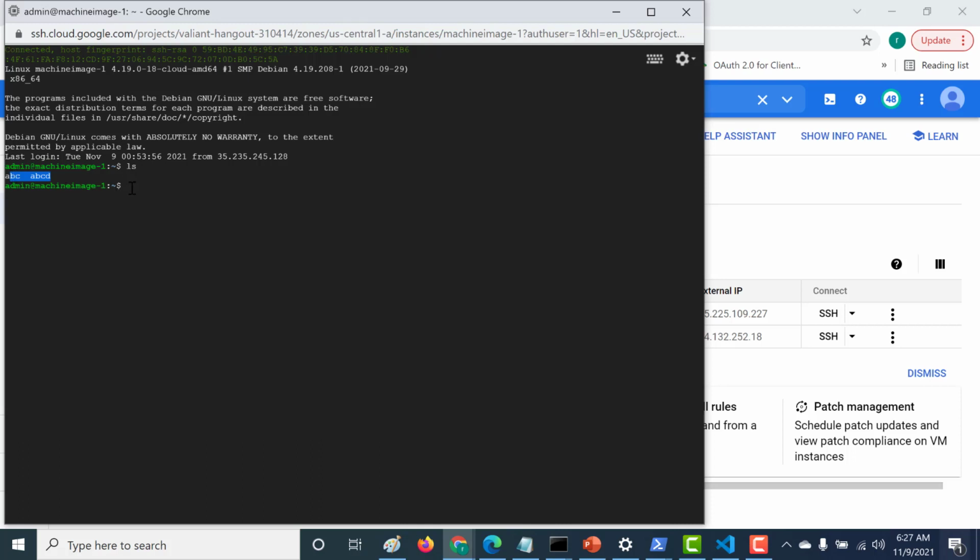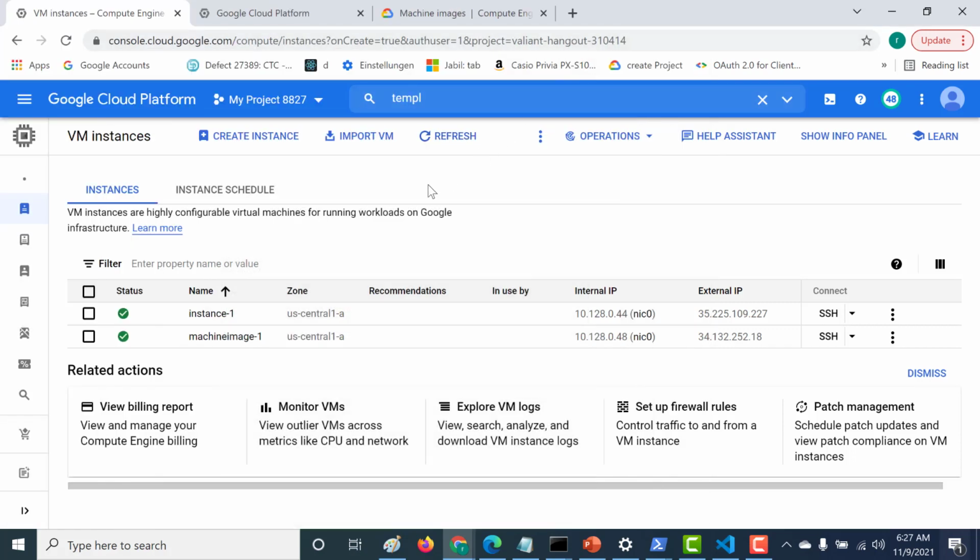This is especially useful if you have some applications like your Apache web server or your Node application or any other application, and you just want to take a replica of it, then this comes in handy. So that's it for machine image. Machine images are especially useful if you want to save both the virtual machine configuration as well as create a replica of your boot disk. So that's it for this lecture. I will see you in the next.